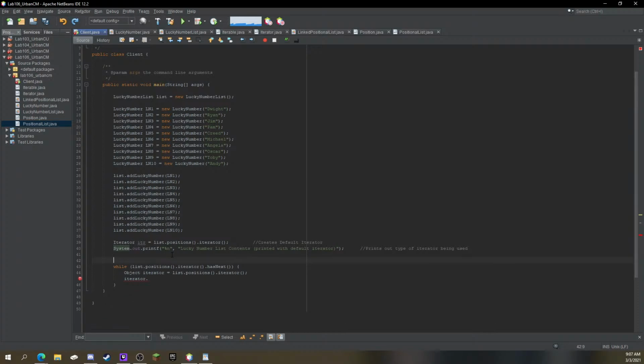So we have print out a type of iterator being used, and then here we're going to use Java doc. Okay, I guess not. Let's do it. Do here. So a while loop that prints out lucky numbers from list till list is empty. Alright, I want to clean that. I do no longer have to do that. I can do iterator dot has next. While we have next,